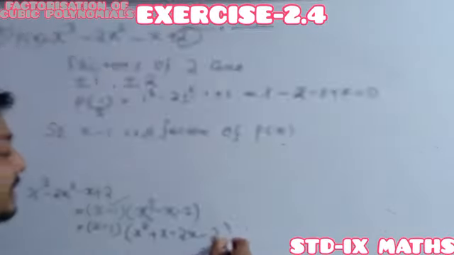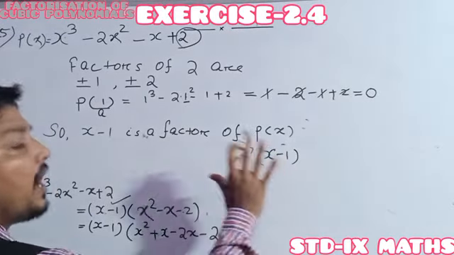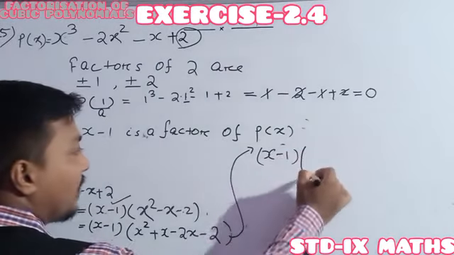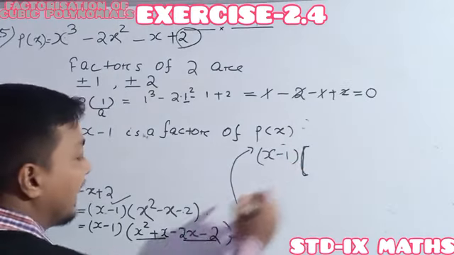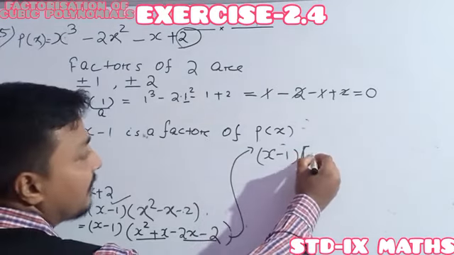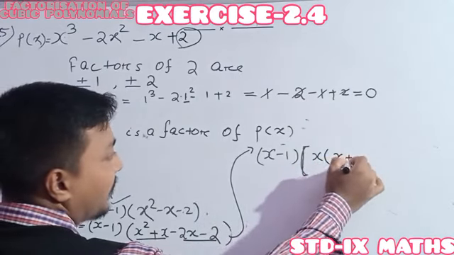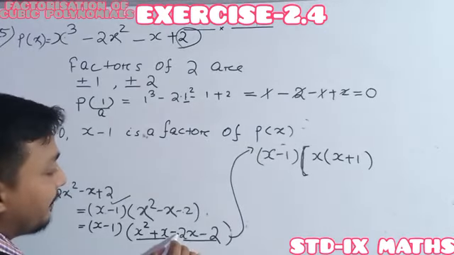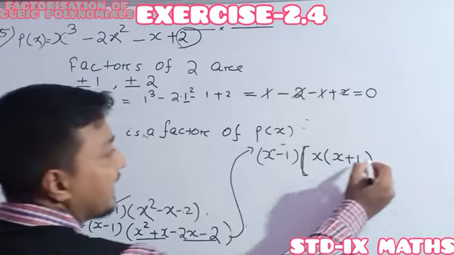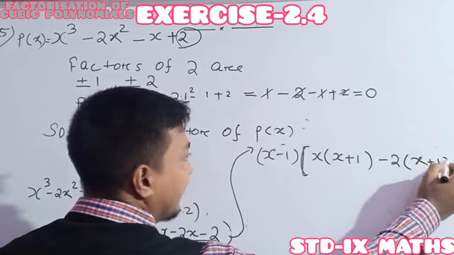See, after this step, one can do just like this. X minus 1, one factor we got, let it be unchanged. Then after the another one it is x square plus x. From these two terms you have to take the monomial. Which one is common? X is the common. So after taking x as the common between the two, within the bracket here it is x plus 1. And whenever you are taking here minus 2x minus 2, I have to take minus 2 as the common, so that within the bracket x plus 1 comes.